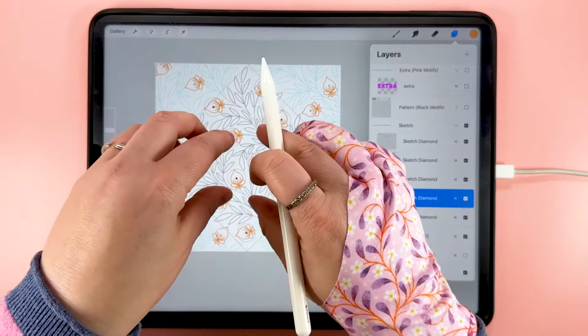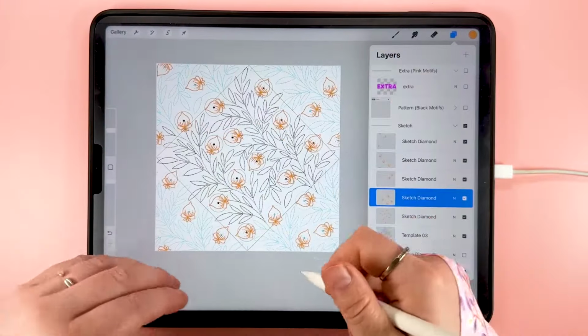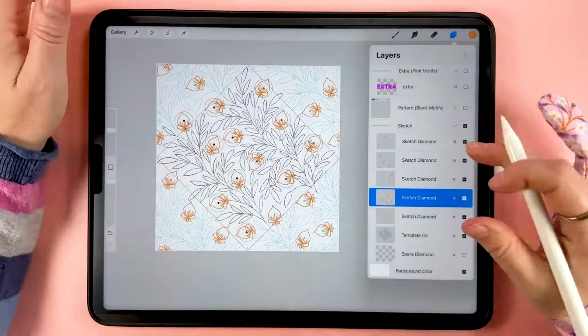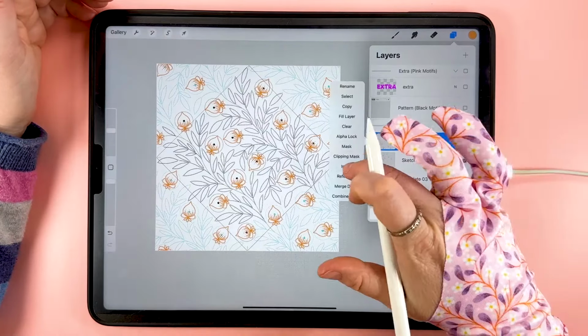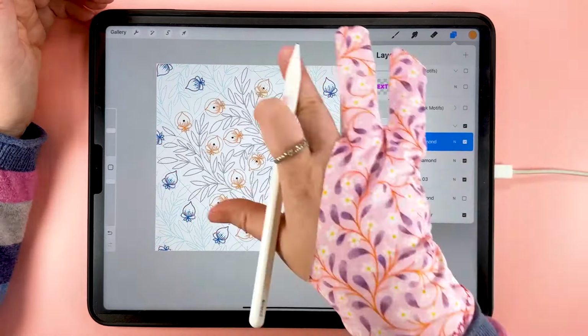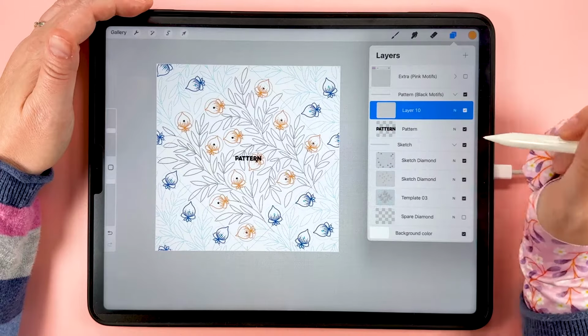We'll illustrate everything in black in the middle, and then these blue parts will get made by duplicating that at the end. So I'm going to pinch and merge these top 4 layers together, tap and invert it so we can see which ones are the ones we're supposed to be illustrating and the ones we can leave. And then I'm going to start up here in my pattern folder. So I'll turn that one on. You can hide that, and then in here I'm going to add a layer above the pattern marker,